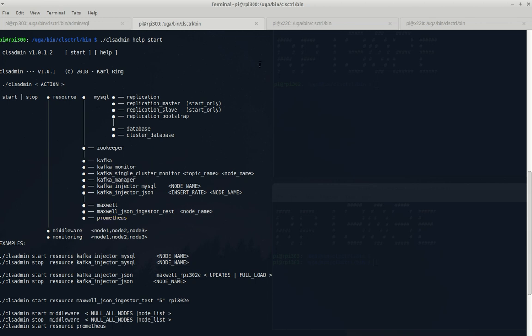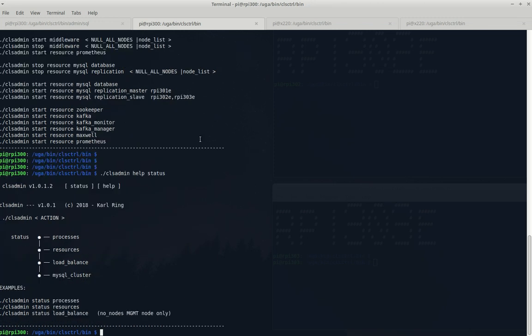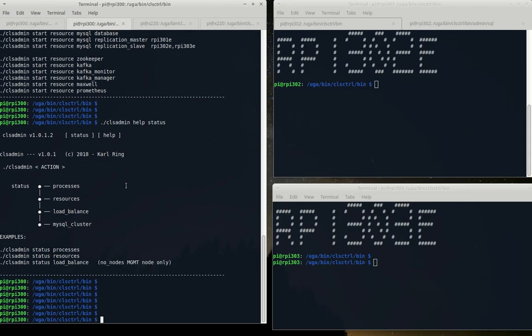So the next command, we want to know what sort of things we can see inside our cluster. So we want to have a look at status. I'd like to know what's going on in my cluster, so I can do a cluster admin status resources. I can look at the configuration of the load balancer if it's running. I can look at any processes that are running. So first of all, let's just have a look at what's running on the actual status,